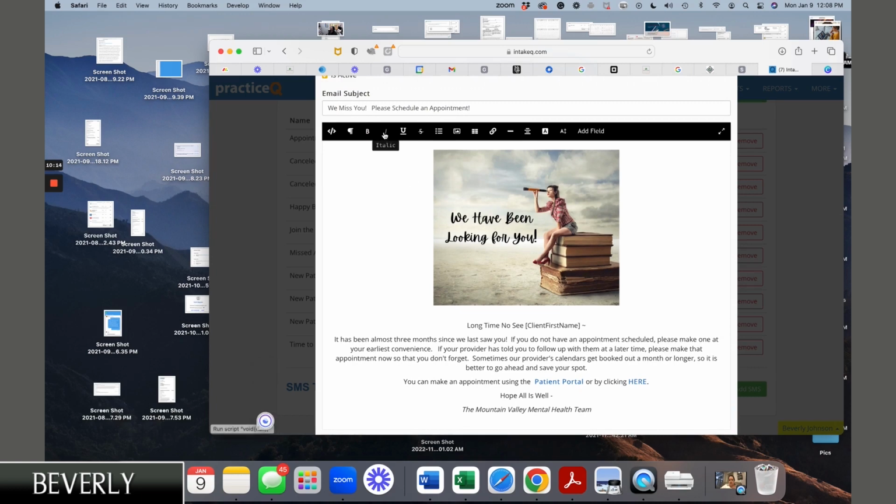And then you can italicize things. That's what I did here with the Mountain Valley Mental Health, italicized. Strike through, I don't really think that you would need that in an email instance, but it's there. List, so if you wanted to put bullet point lists in your email, you could. We went over images. Tables, so you could insert a table. I really don't know where that would come into place for an email, unless you want to list prices out or something like that. But we usually cover tables in form building,